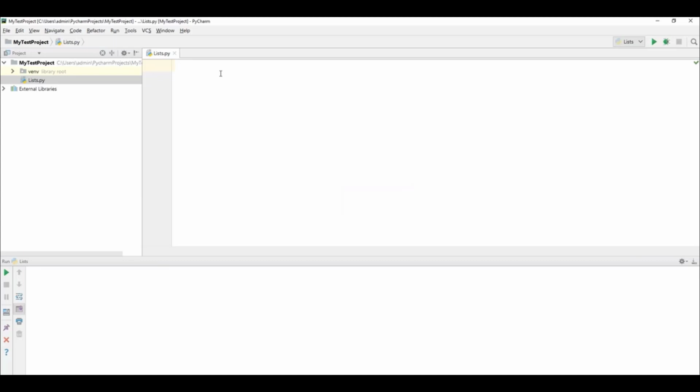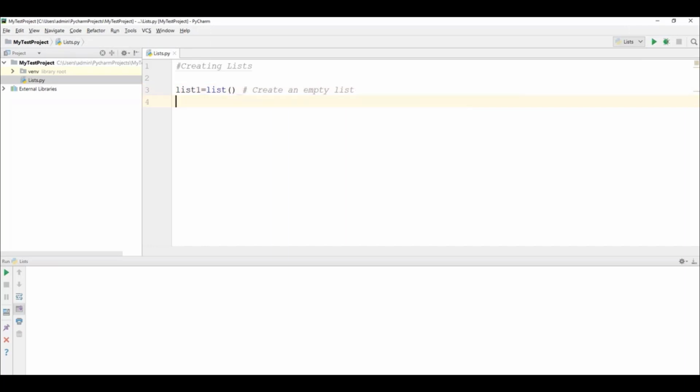Now let's see how we can create a list in Python. Creating list. We can create the list in many ways. One of the ways is we can just say the name of the list variable is equal to list of a simple bracket. What that means is it has just created a list which contains nothing. So no values. This is an empty list.